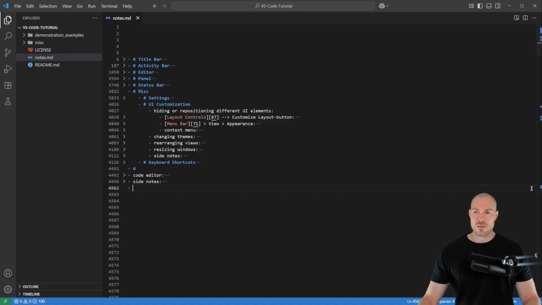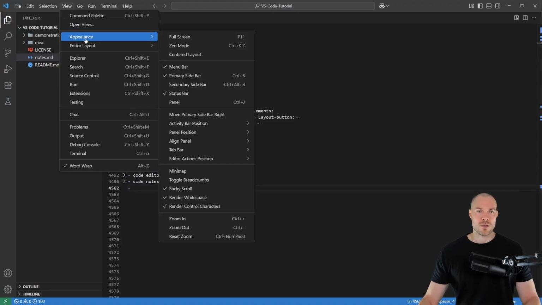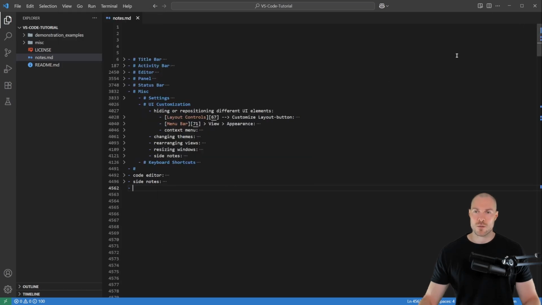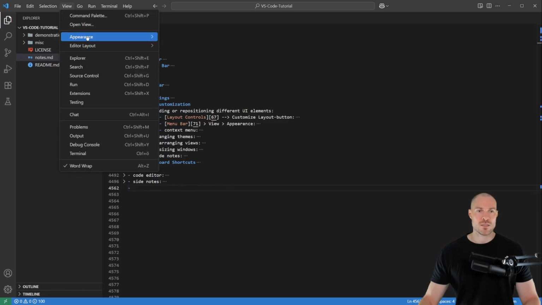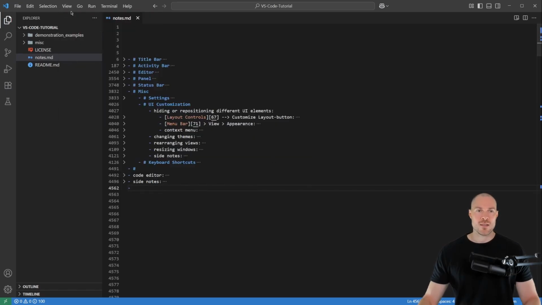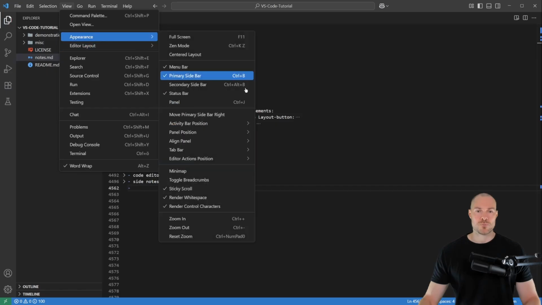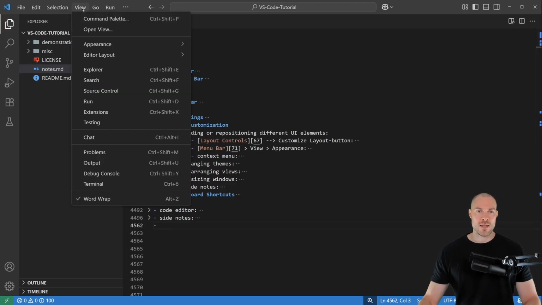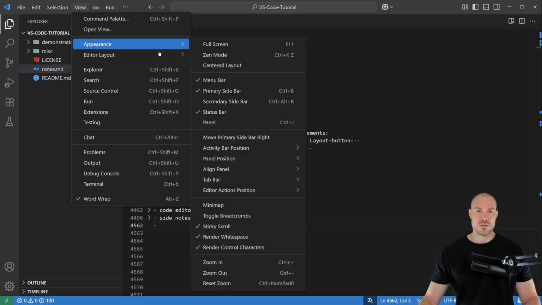Then the next option that I want to show is this editor actions position. So these are these actions here. So you can also put them into the title bar. Again, let's reset them. So let's put them back into the tab bar. And then the last thing that I want to show is the zoom actions here. So you can zoom in, for example. And then if you want to reset it or reset the zoom, then you can simply use this option here,